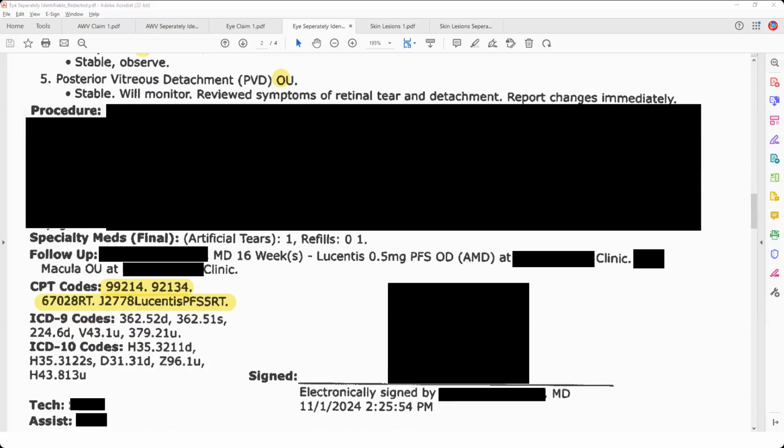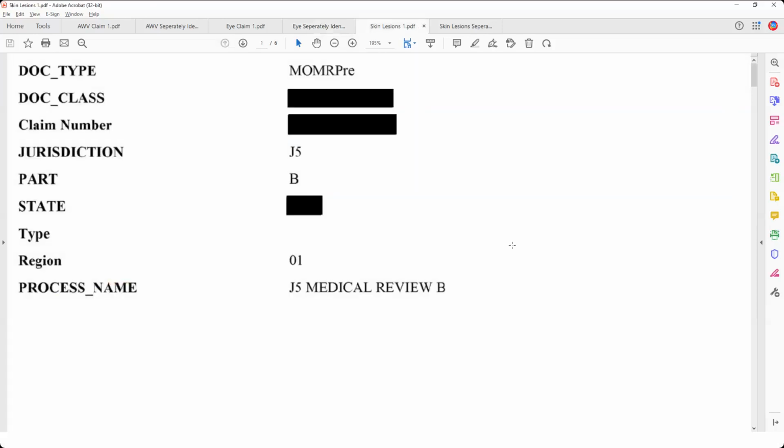There was something separately identifiable that made the need for this additional testing happen, and the testing supported the billing of that E&M with that modifier. So this is a good example of how you can see the information supporting the other service and containing the information that was necessary. And then finally, our last